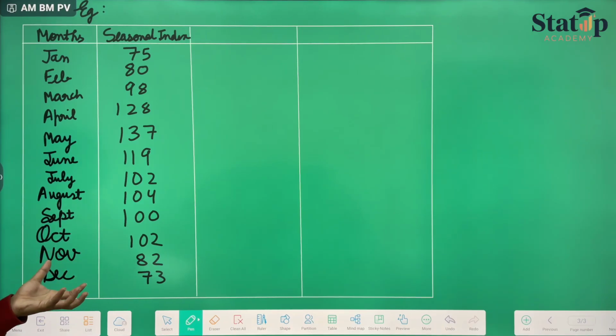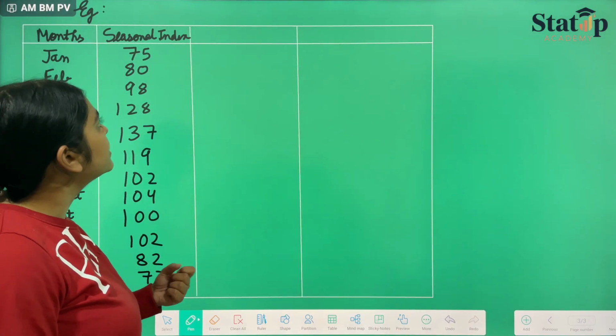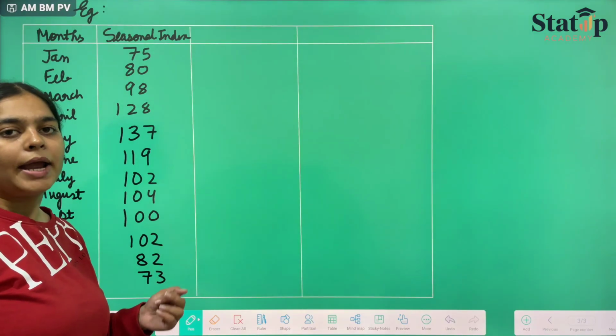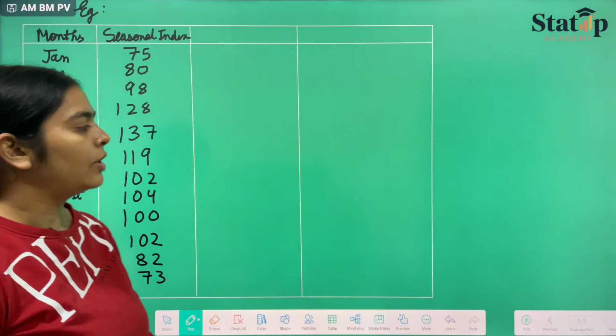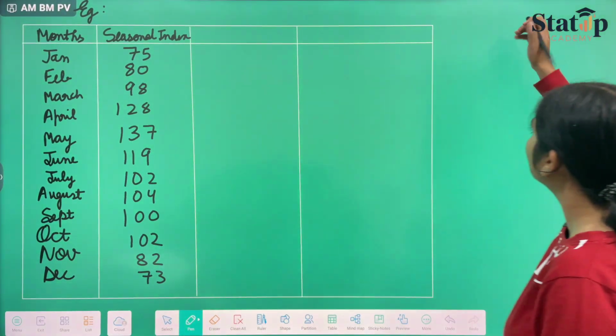For singular, we'll say index, and for plural, we'll say indices. So we have been given the seasonal index of 12 months, and we have to calculate the seasonal effect of these seasonal indices, and after that we'll multiply the effect by 2, because we have to calculate for, okay, the formula is,